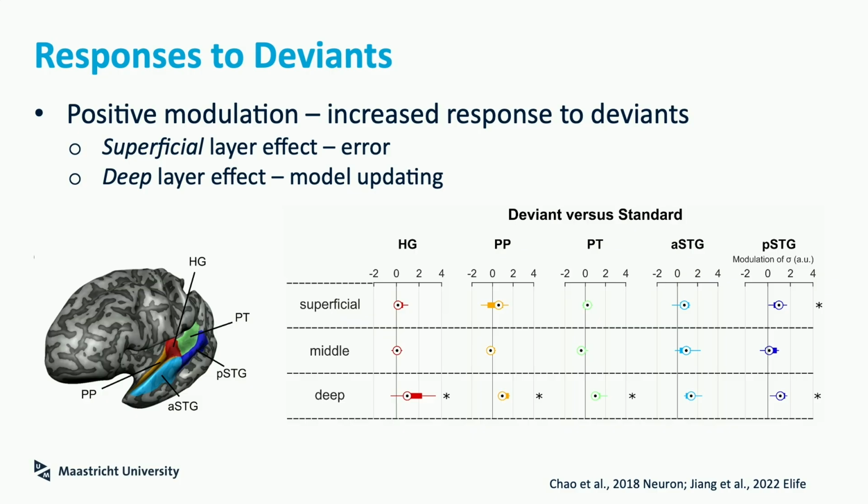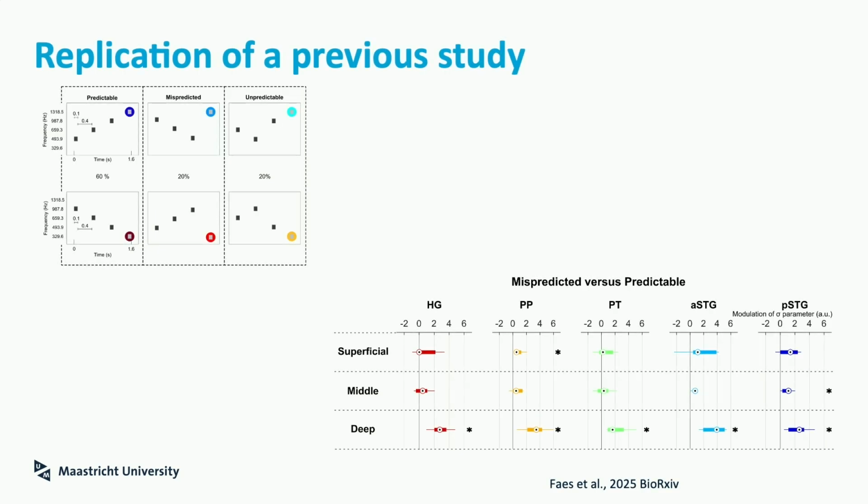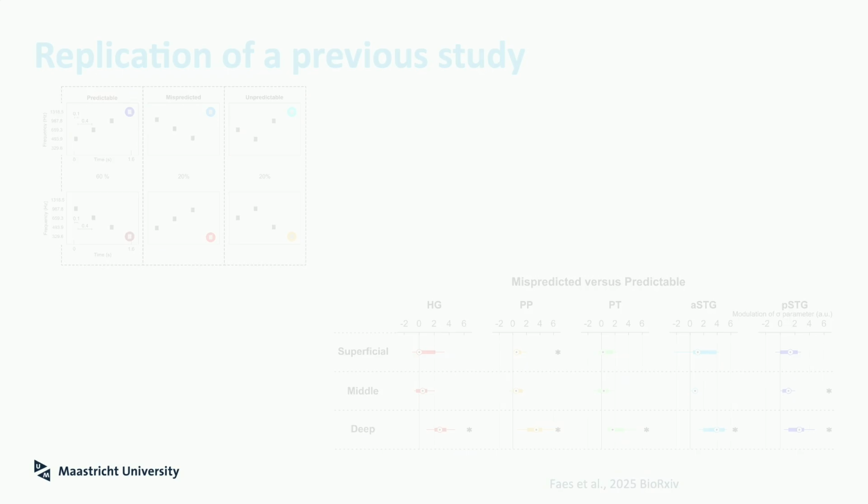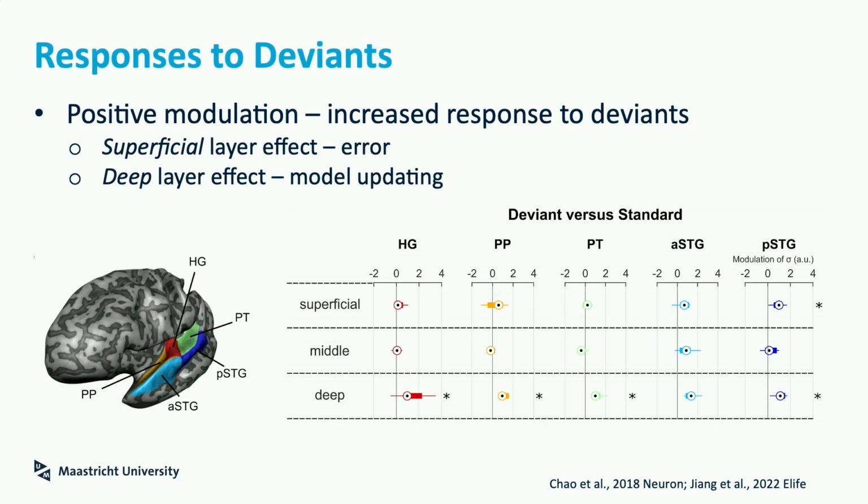Now, if we look at these results and we map this on top of this standard predictive coding architecture in which we assign superficial layer responses to indicate error responses, we can see here that we, in the posterior STG, which is an area that responds to speech sound, find error signaling in these superficial layers.